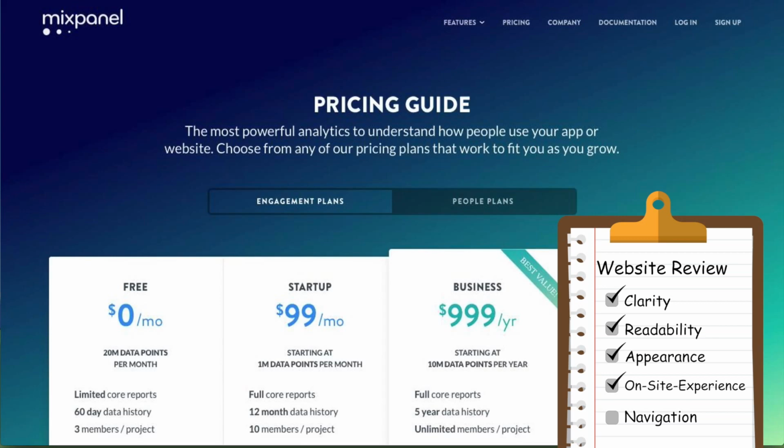appearance, and on-site experience. So that is my review for Mixpanel's pricing page, and I'd love to hear your thoughts